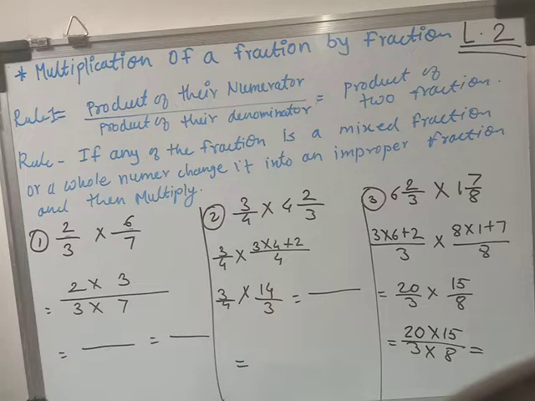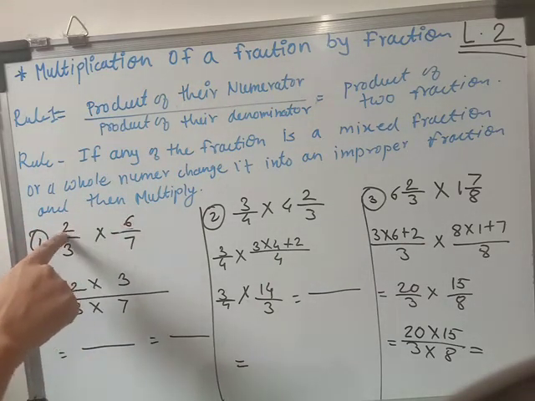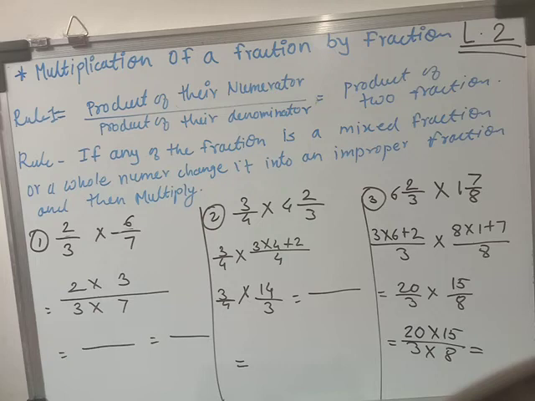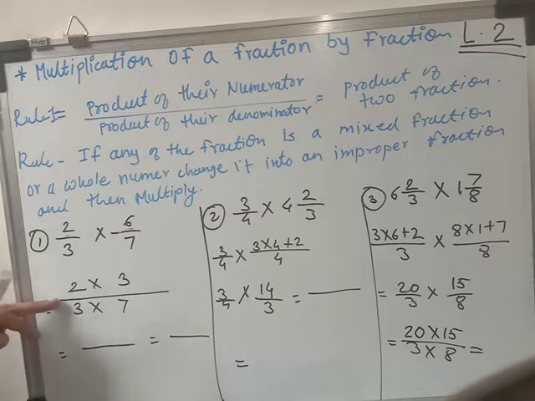So the first example is 2 upon 3 multiplied by 6 upon 7. So what they have said, the product of the two. Here there are two numerators, 2 and 6 facing each other. These are also divisible, but since they are across from each other, we do not divide them, we have to multiply them. So 2 multiplied by 6, and here 3 multiplied by 7. Now I have written it in this form.